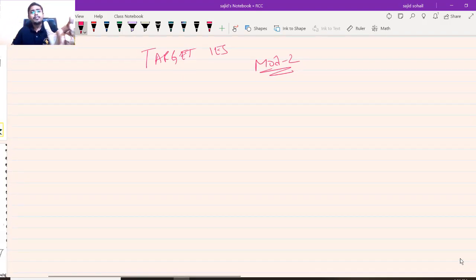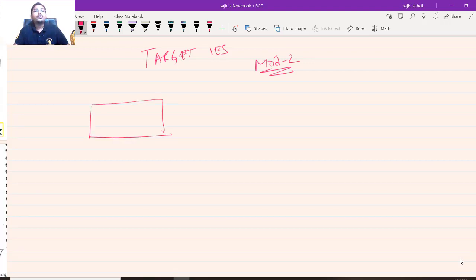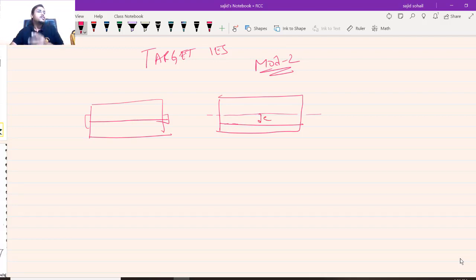So, in this pre-stress concrete, the concept is very simple. In the last module, I have taught you what is the use of introducing this pre-stress in the concrete. It could be at the neutral axis level, or it could be below the neutral axis level, maintaining certain eccentricity. These are the two cases which we have seen. These are the very common cases.